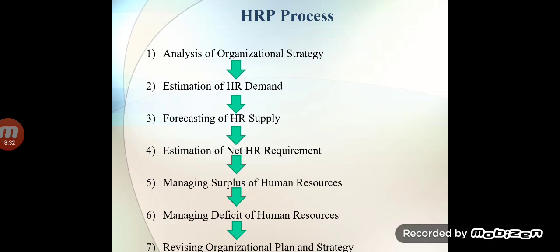The very first step in the exercise of estimating future supply of human resources is to take stock of existing human resource inventories. The present stock of inventory is checked number wise, department wise, designation wise, etc. It involves the following steps: total number of employees is counted, and the number is counted department wise, designation wise, salary wise, skill wise, etc.